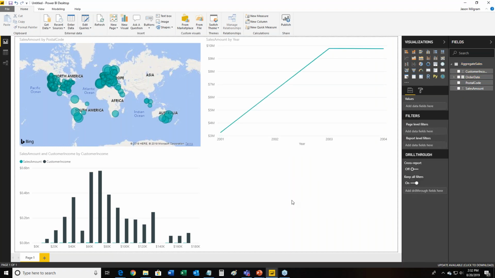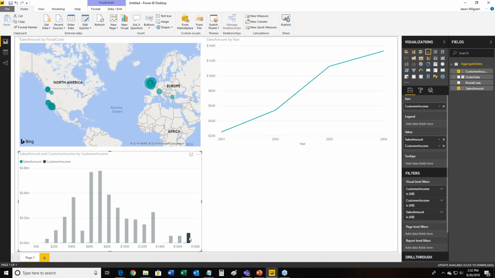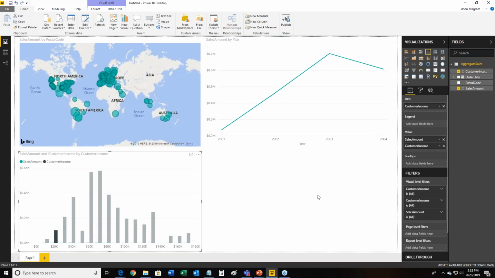Now, one of the cool things about Power BI is it's dynamic. So let's say I want to narrow in on this set of data. It's dynamically updating all the charts for the data that I'm selecting. So that's just a quick overview of the Power BI desktop. We're going to come back to that with some more demos, and that's pulling data in real time from the data warehouse running in Azure. And this is the desktop app on my PC here.